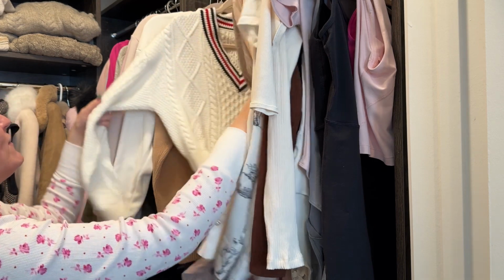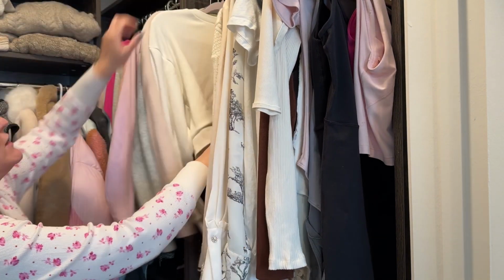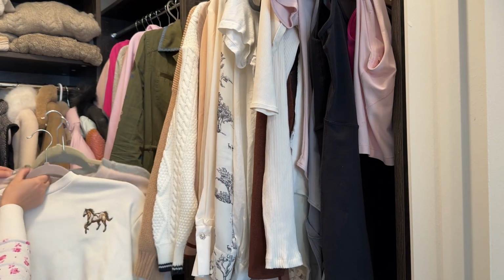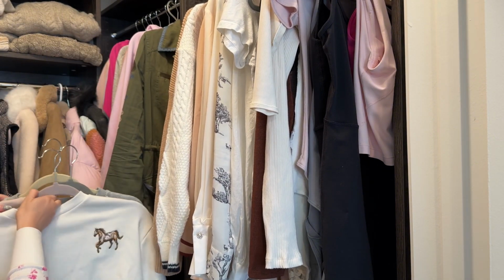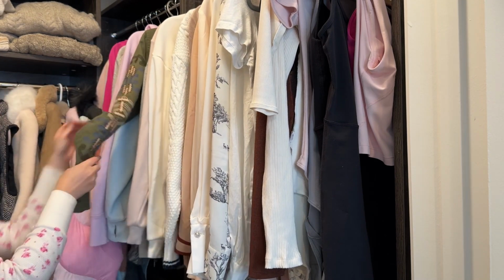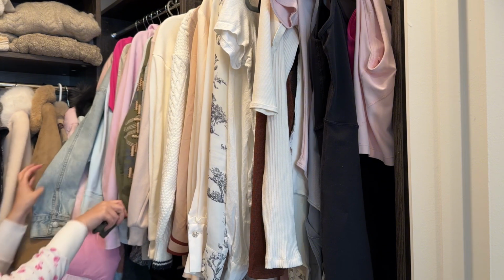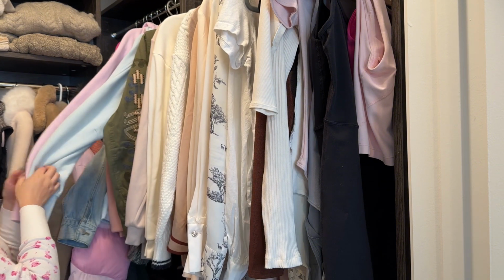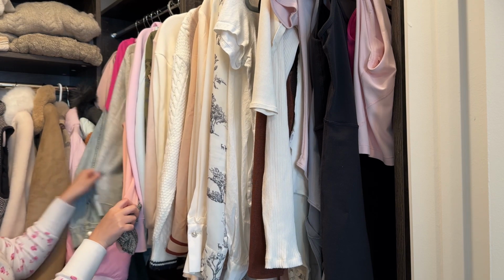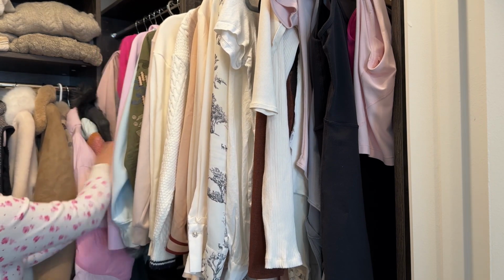turned around. Then we've got some sweaters here, cable knits, and then we have my Aritzia sweaters. If I like something, I'll just buy it in different variations, and these are amazing. These are from Sunday Best. Behind them, we have my jackets ranging from like denim, like this kind of cargo-y jacket, to some Lulus, a pink jacket, an American Eagle jacket, this little number, like really easy jackets, Align jackets, and then we also have